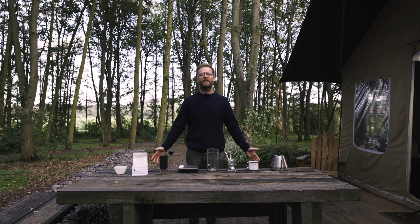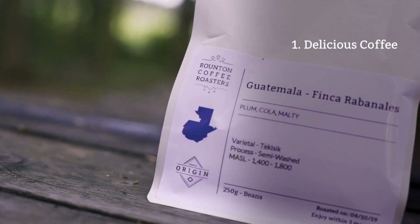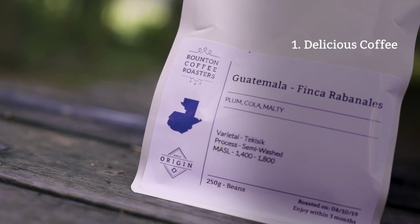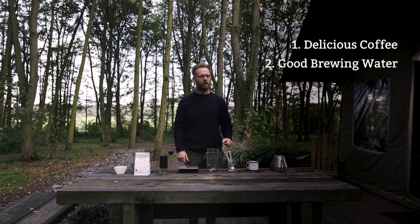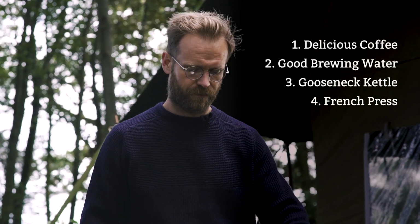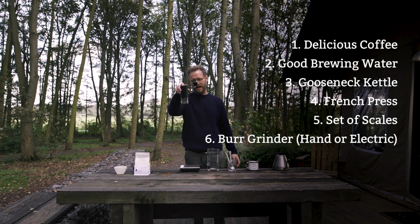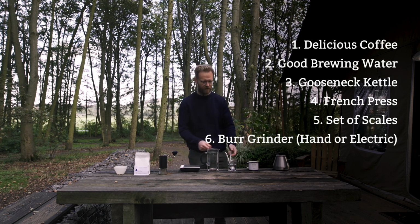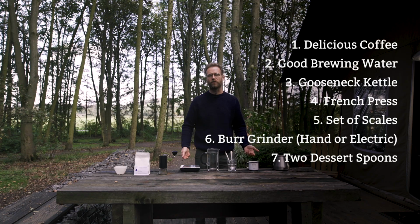So, to brew the ultimate French press, you're going to need a few fundamentals. You're going to need delicious coffee. You are only as good as your ingredients, so the coffee needs to be delicious. You're going to need good, clean, soft water. You need a kettle, French press, set of scales, a grinder. Doesn't have to be a hand grinder, can be an electric grinder, and 2 dessert spoons, and also a tiny